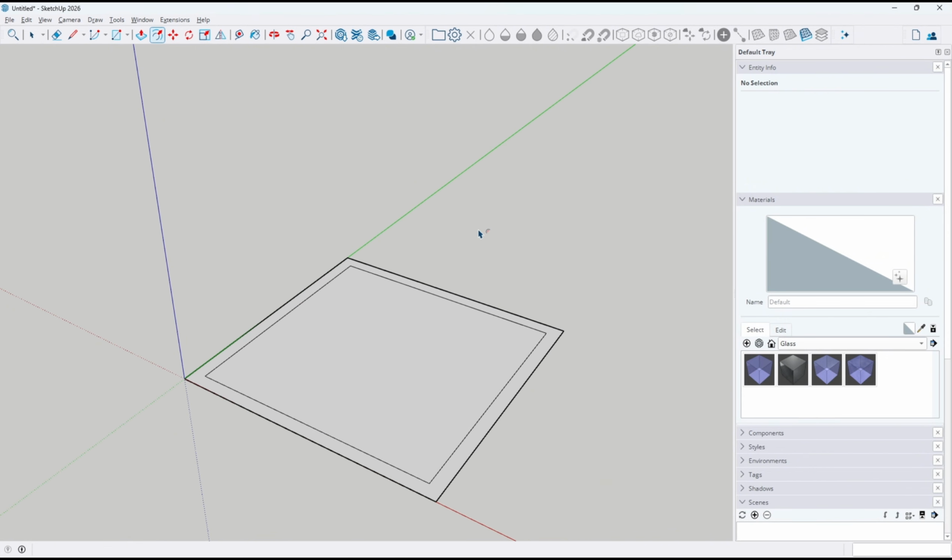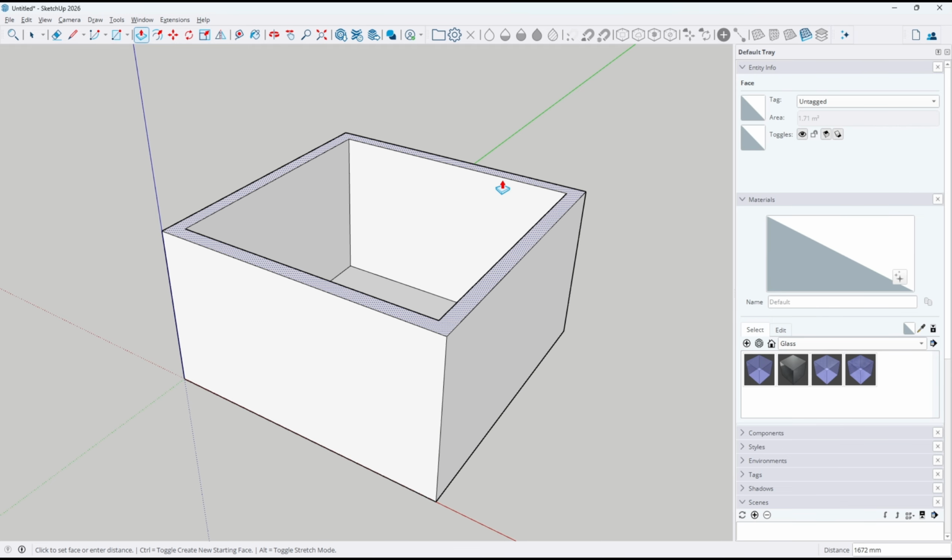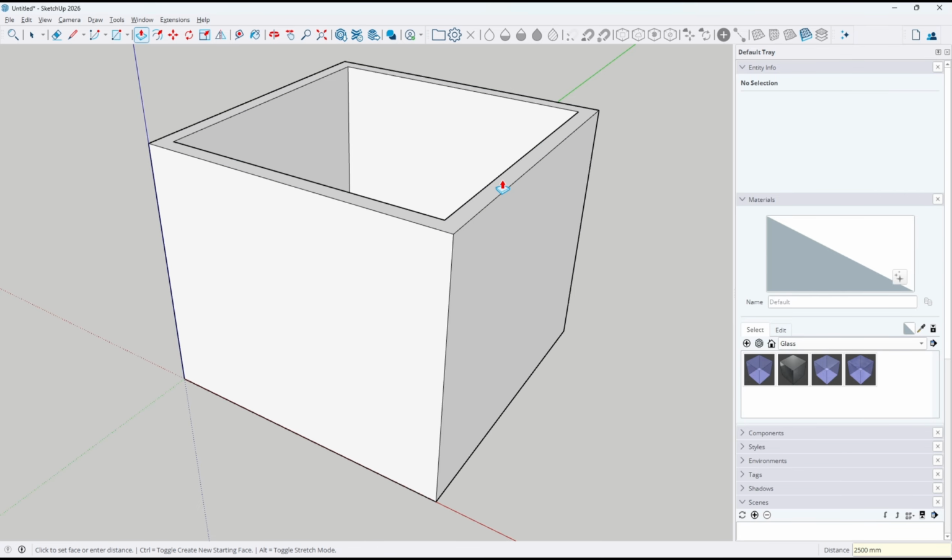And the next, you can use the pull tools to create walls. You can click here, move to the top, and we set like to 1500 for wall height. Okay,